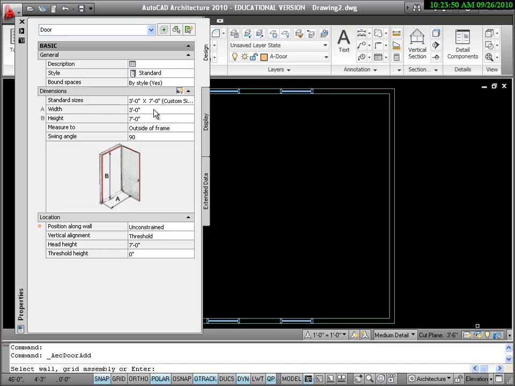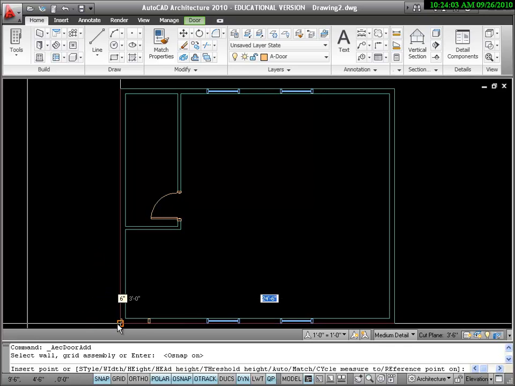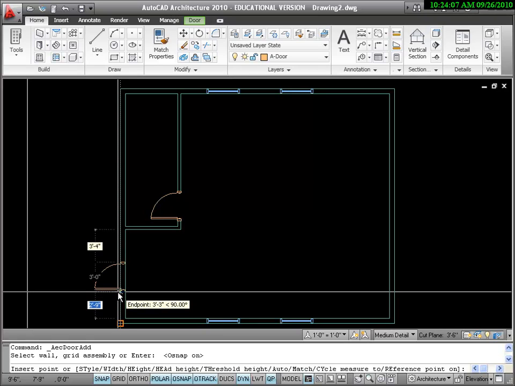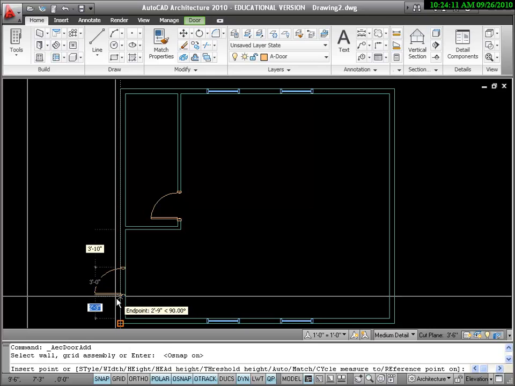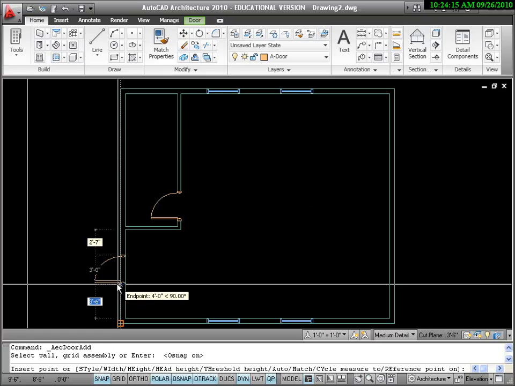Again, we're using the same size door as before, and we're going to turn our object snap back on with F3 or by clicking at the bottom if you haven't done that already. And we should be measuring from this outside edge of the wall, and we want to come up until we're 3 feet 6 from the edge,